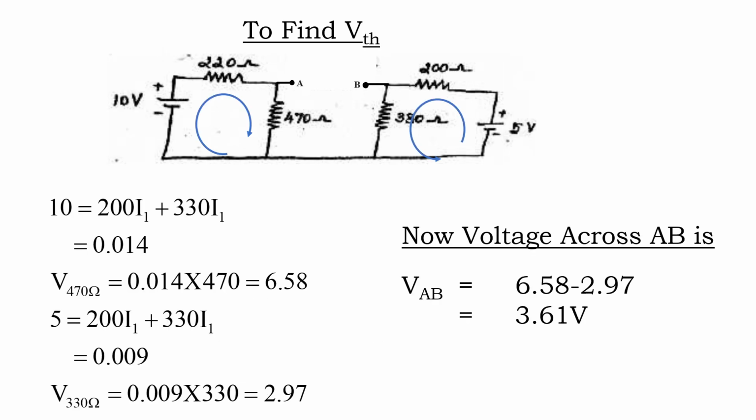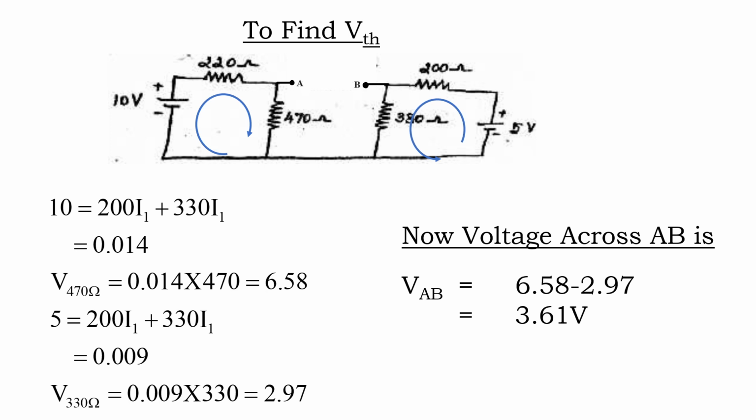So, once we got RTH we can go for VTH. First we will be doing the maximum power transfer theorem. VTH, as I already mentioned, is the open circuit voltage. So read out the circuit once again, the initial circuit we obtained, and then find out the VAB or